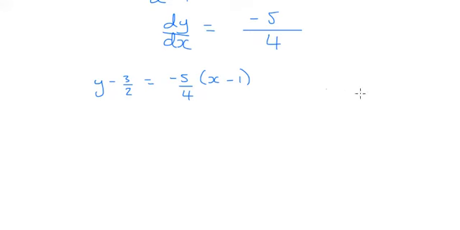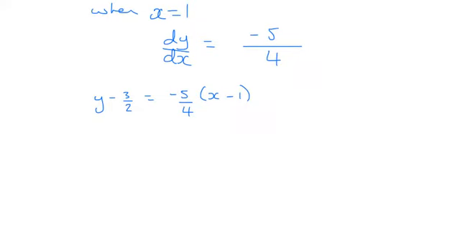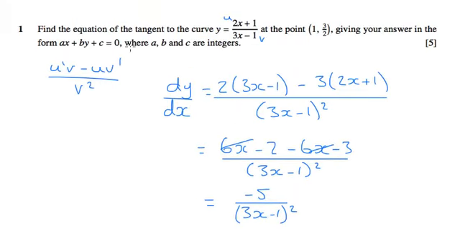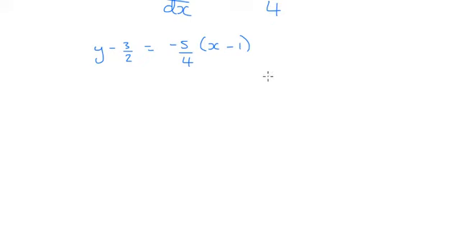Next thing I'm going to do is times everything by 4. I tend to do this automatically if there's any fractions in my question, but quite often if there's fractions they ask for it in this form here, where it needs a, b and c to be integers, which will happen if you just get rid of the fractions. So timesing by 4 will give me 4y, timesing this by 4 will just give me 6, because I need to divide by 2, equals negative 5